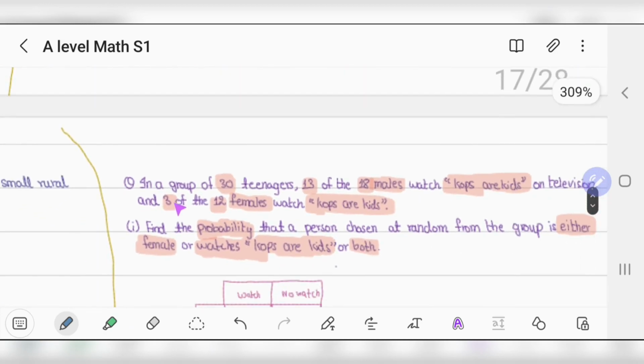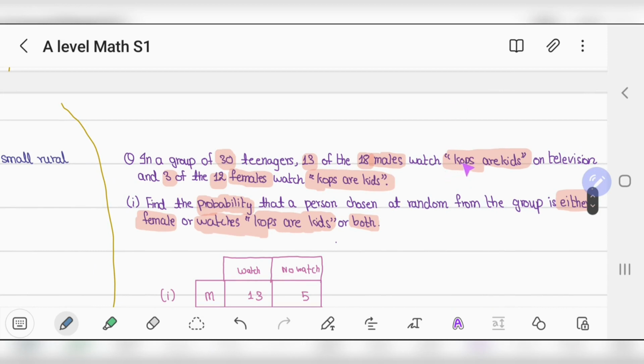Another question is, in a group of 30 teenagers, 13 of the 18 males watch cops or kids on television, and 3 of the 12 females watch cops or kids. Find the probability that a person chosen at random from the group is either a female or watches cops or kids, or both. First of all,